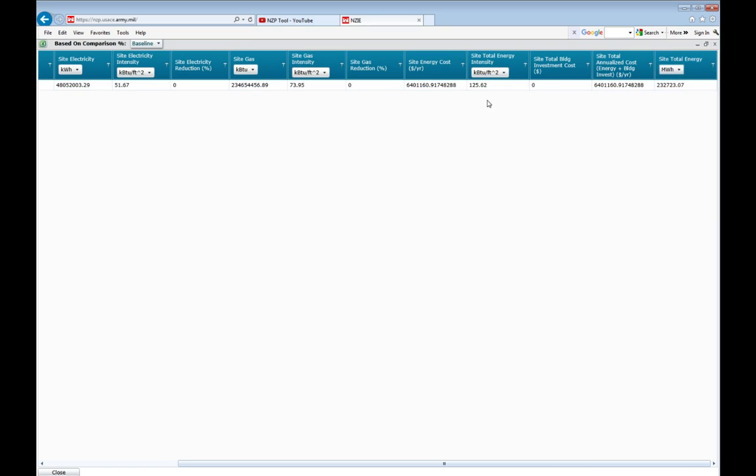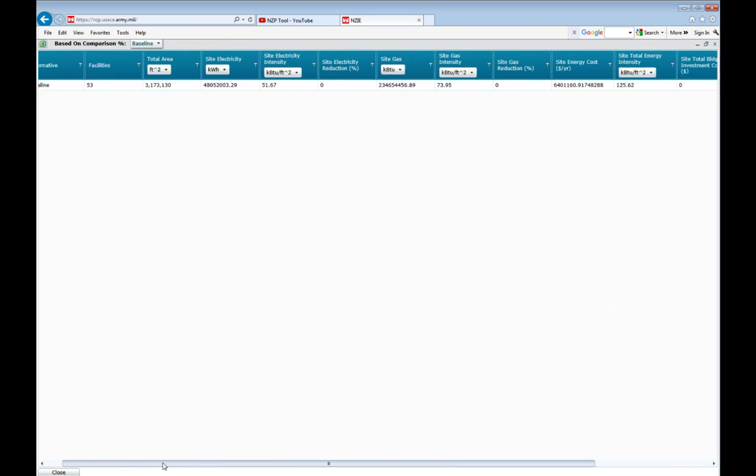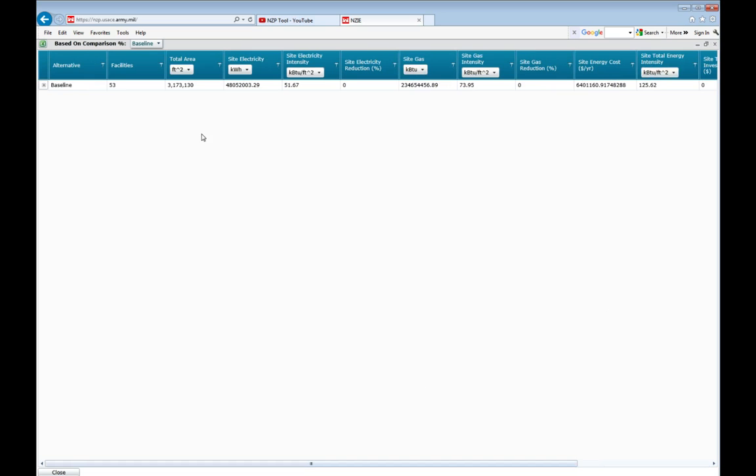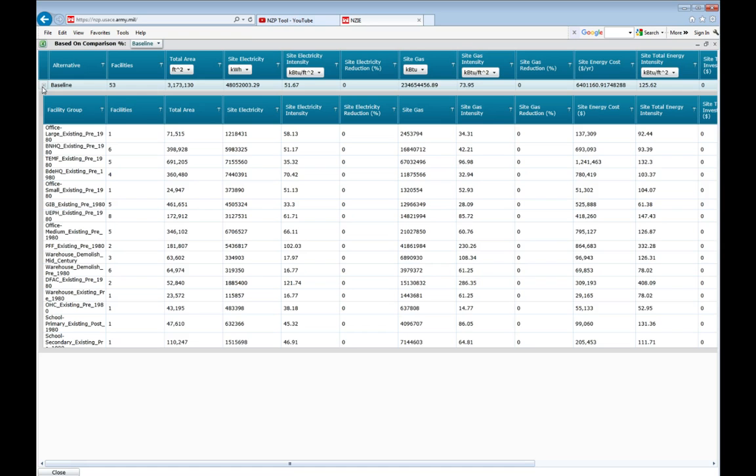So we have lots of heating energy here in our buildings. So yeah, that's the rolled up numbers, and that gives you what's going on at an installation level. But at the same time, we can unroll the data into each individual facility group, and we see how many facilities are in that group, what the area is in that group, and pretty much the same columns. And so we can see what the contributions are by individual